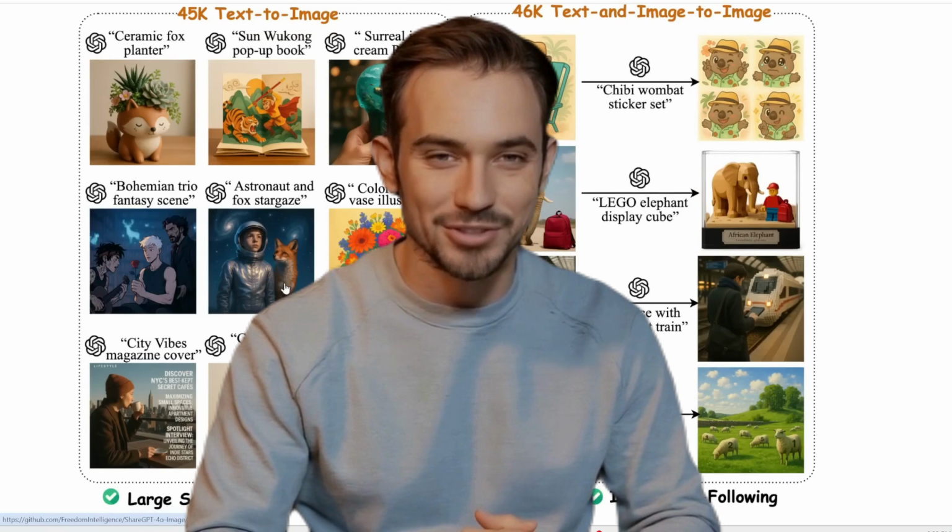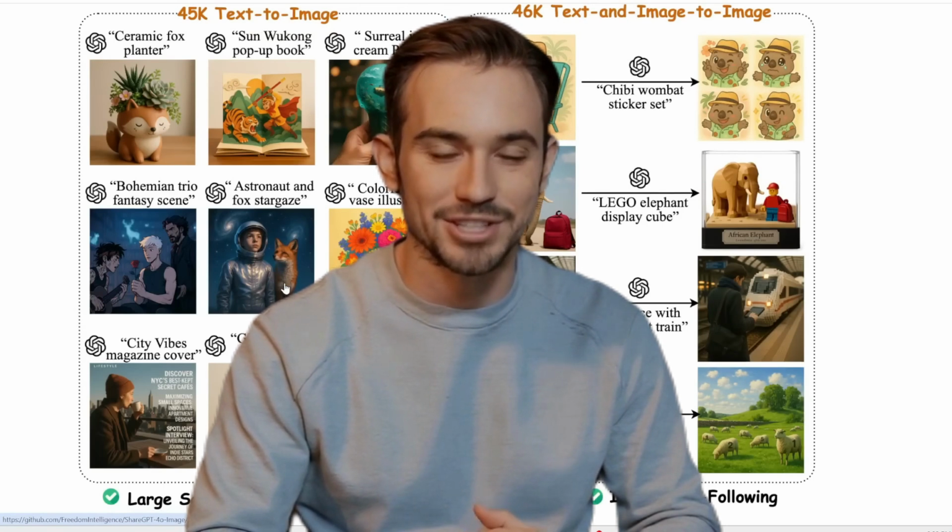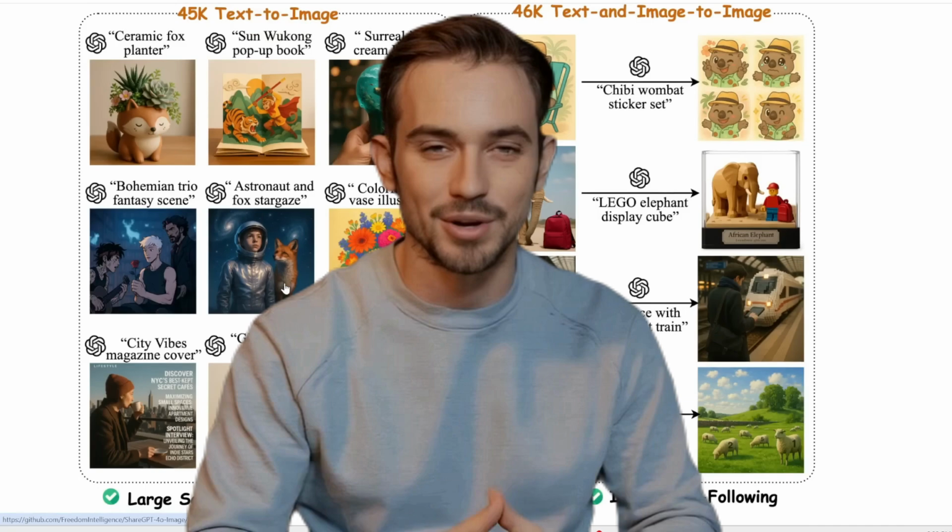AI never takes a break, and this week was completely crazy. We have a new open-source GPT-4o image editor trained on GPT-4o generated images. This AI is capable of making interactive three-dimensional worlds like video games, and this is the highest quality version we've